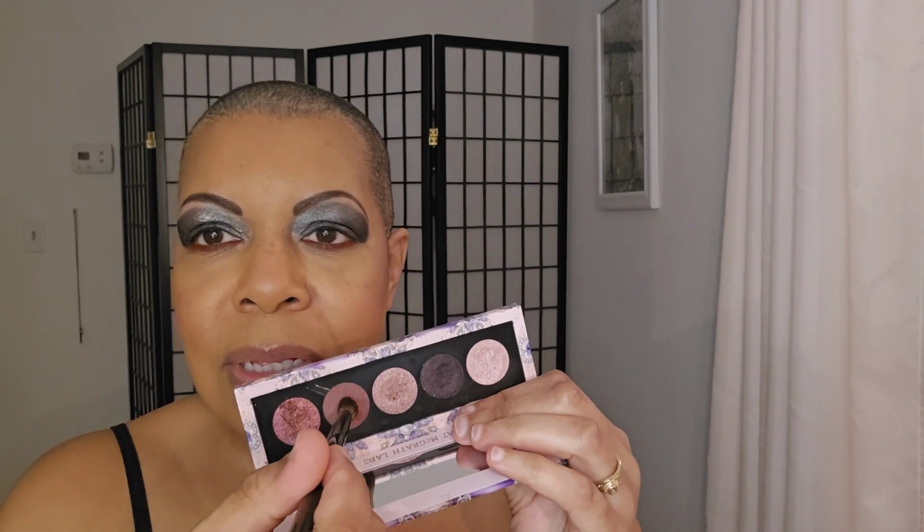I do know that. So now we're going to take from Bordeaux Bliss this palette, and we're going to take Mauve Mystique. Let me see which one it is. I think it's this one under our brow, because it's second from the end, and I know this is Ruby Noir, so this is Mauve Mystique. But I'm thinking we need a smaller brush than this one, so I'm going to put this away and take a taper brush, whatever I grab first, which happens to be a Scott Barnes number 62 brush, so that we can just tap straight into it, and we're not even going to tap off. We're going to place that up here, and hopefully